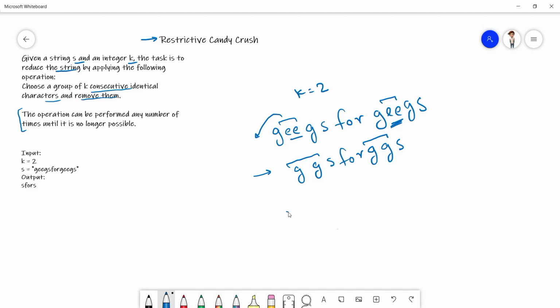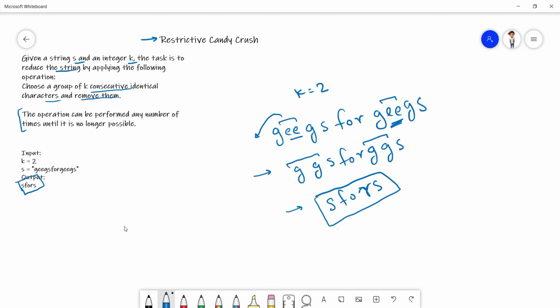Now the final string is S for S. We check again in this string, but we find that there are no K identical consecutive elements present for K equal to 2. So now we are complete, and this is the final string we are getting.